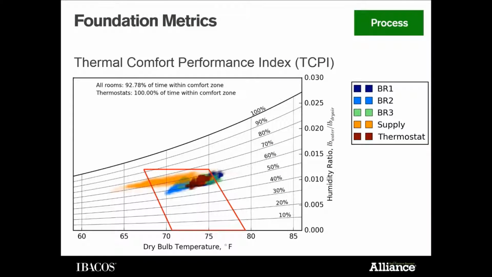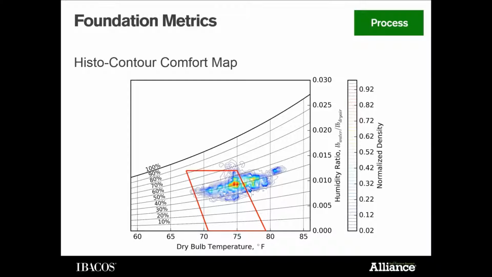I think Tim wants to talk a little bit about what he's calling the foundation metrics. IBACOS has done work on comfort for many years, and we've slowly been developing ways to look at comfort and quantify it. We've done this on the psych chart. We had a thermal comfort performance index in the past, which is probably going to play some role in the TCRM. But we've looked at comfort in a variety of ways, including frequency of occurrences,